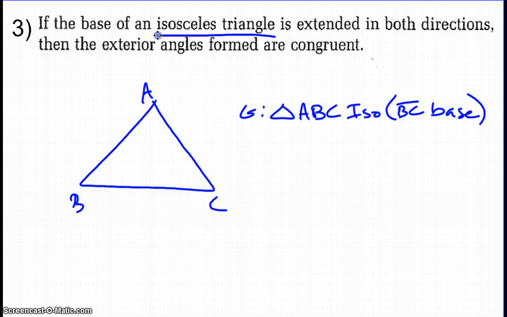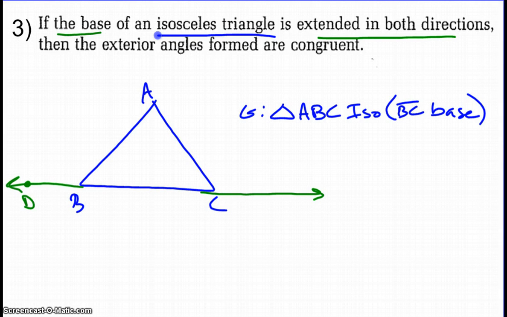It says if the base is extended in both directions, just add some points out here. So the base extended of an isosceles triangle, and it says that the exterior angles that are formed from the triangle, so these two angles in red, angles 1 and 2,